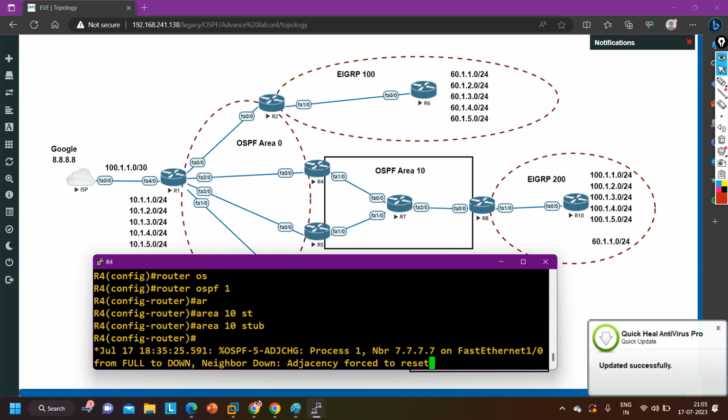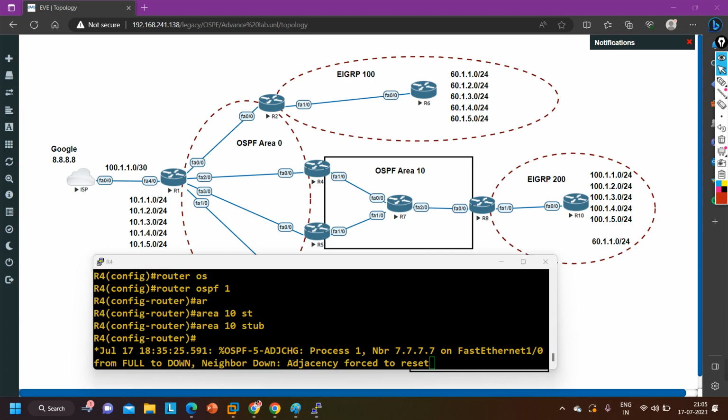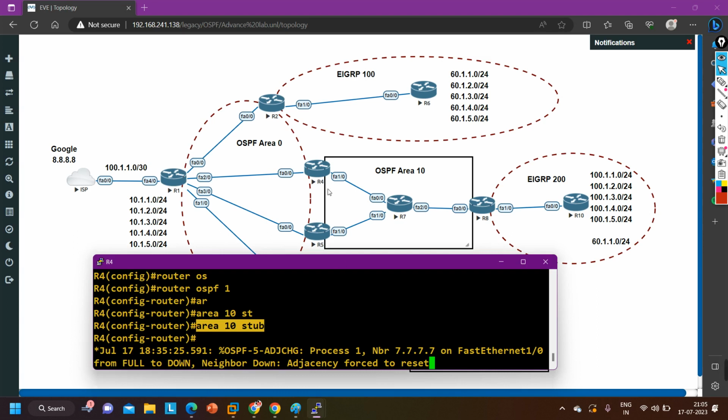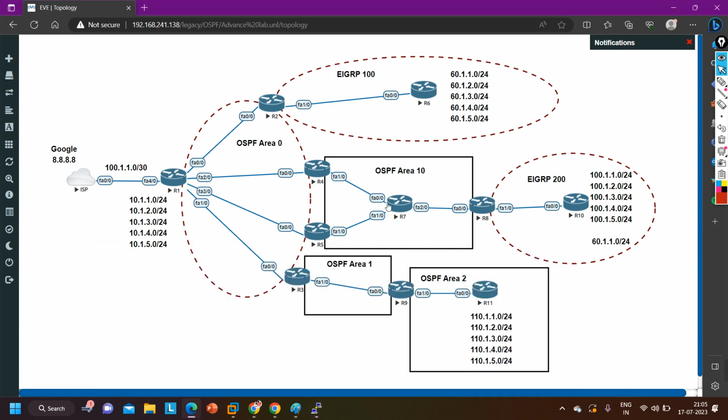Why, guys? Because it started filtering the database. As I told you, in the OSPF neighborship parameters, the stub flag should be matched. Stub flag should be matched. Now once you hit enter and run this command on router number 4, guys, let